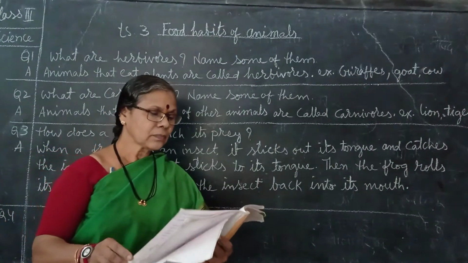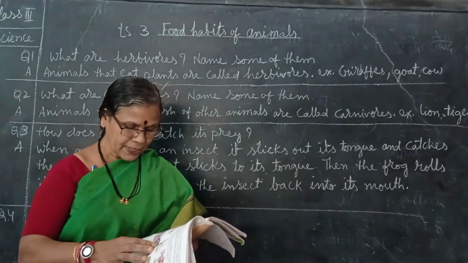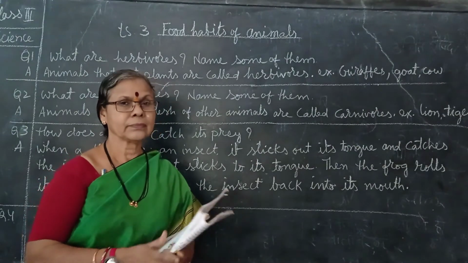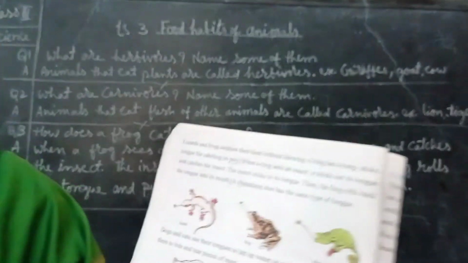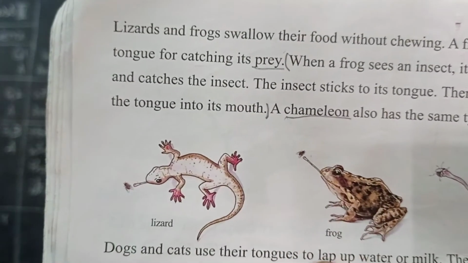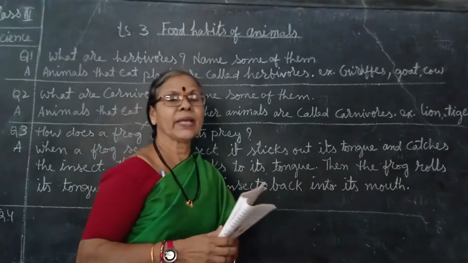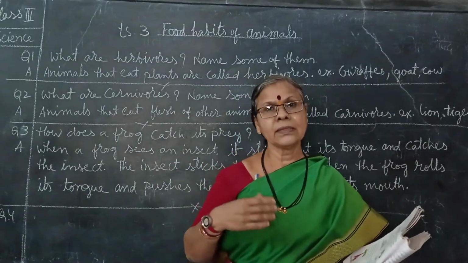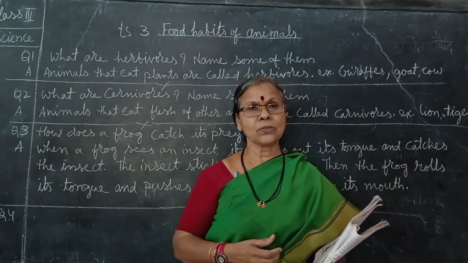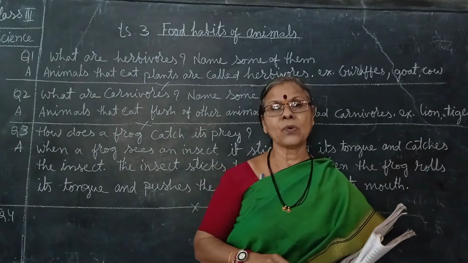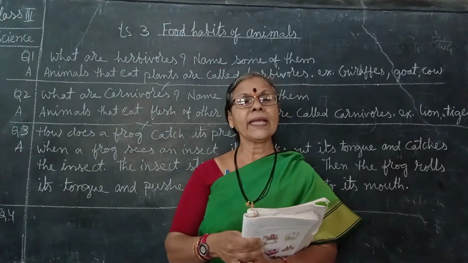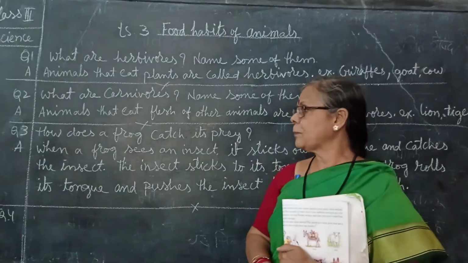See, for this you can open page number 204. See the diagram of a frog. I explained to you in my lesson how it sticks out, where it will stick, what the habitat is for this. This is the amphibian. When they are on the land, they will be breathing through the lungs, and when they are in the water, they will be breathing through its skin. So, and how they eat, how they catch their prey.